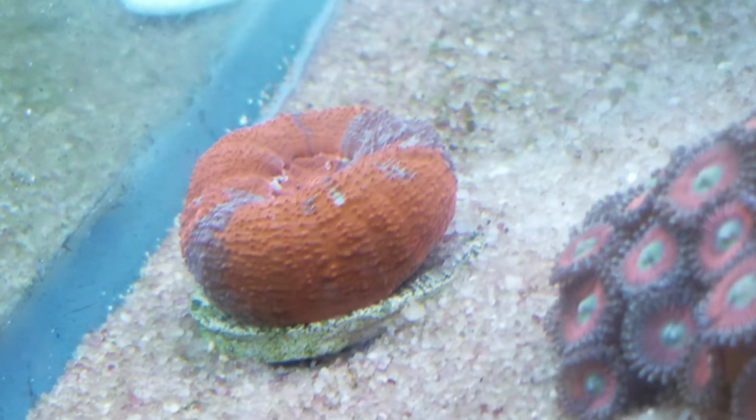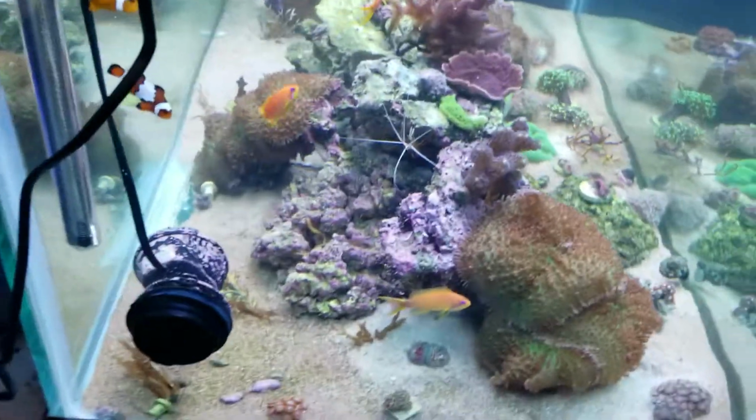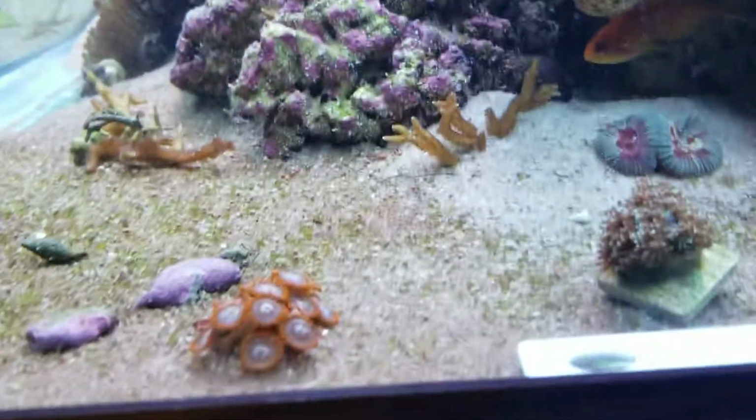Oh, my feeder just went off. My thermometer fell down. Scolymia, looking pretty good. That's all in the front here. And then if you go around, got some bird's nests